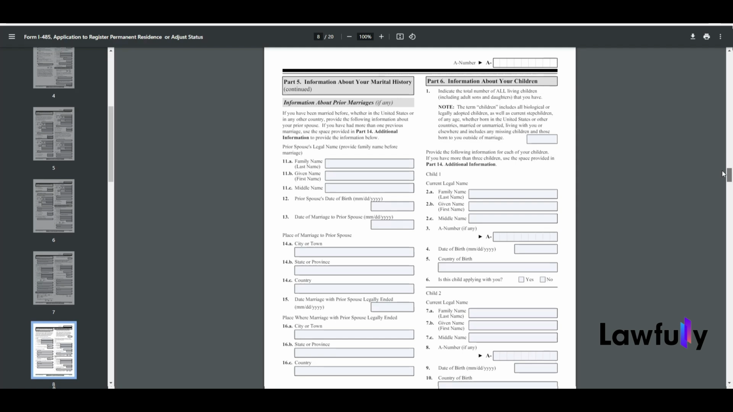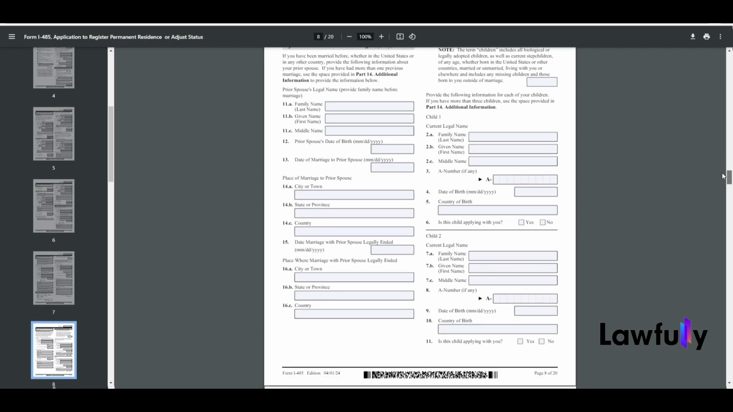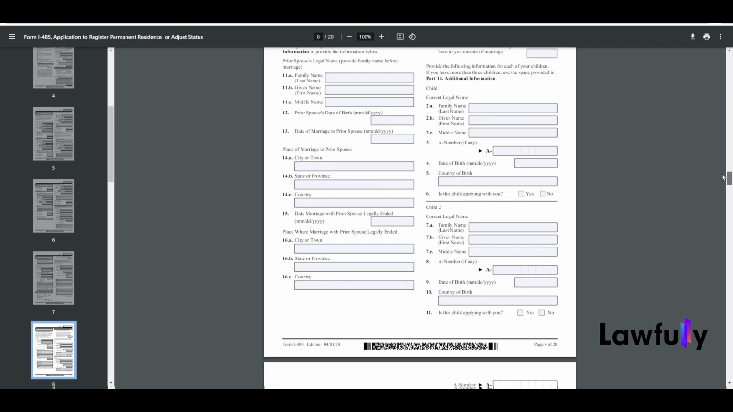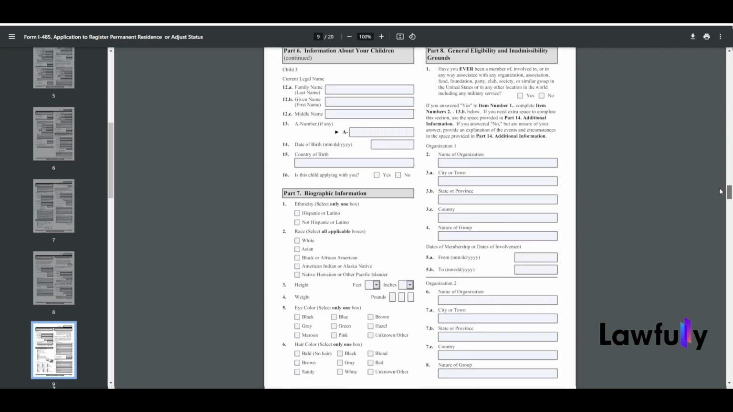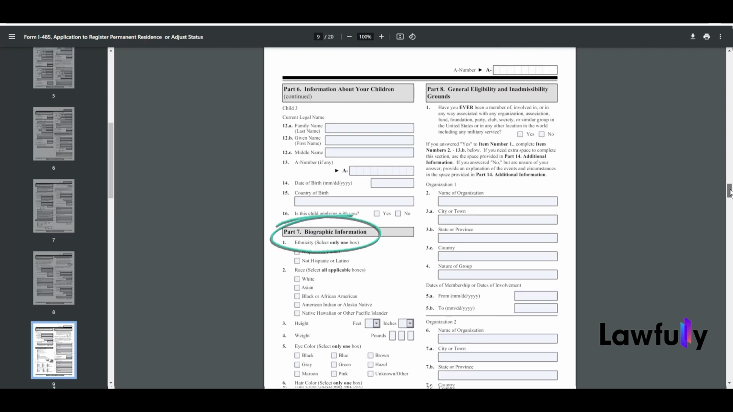Provide the following information for each of your children. If you have more than 3 children, use the space provided in Part 14. And again, be careful with this type of question. Is this child applying with you? Because the form is actually asking whether your child is a principal applicant, which in this case I'll mark no because Sarah is the principal applicant, or if your child is your derivative applicant, which in that case you will have to answer yes. Then in Part 7, we'll be asked to provide our biographic information such as ethnicity, race,